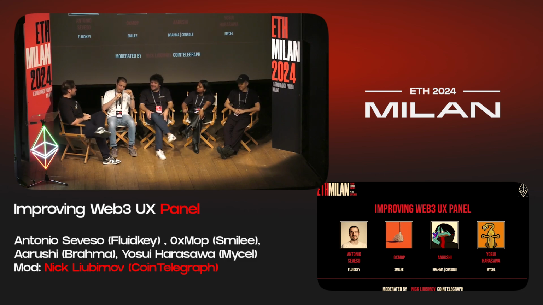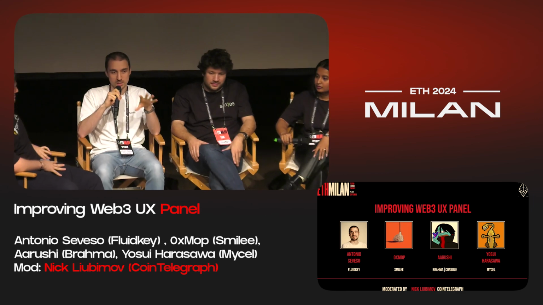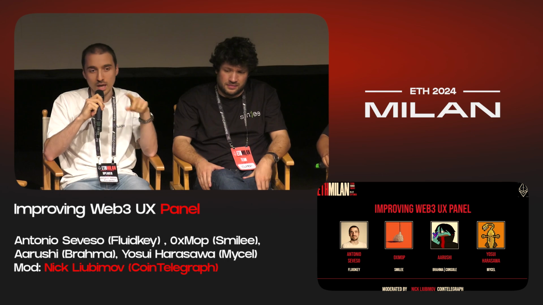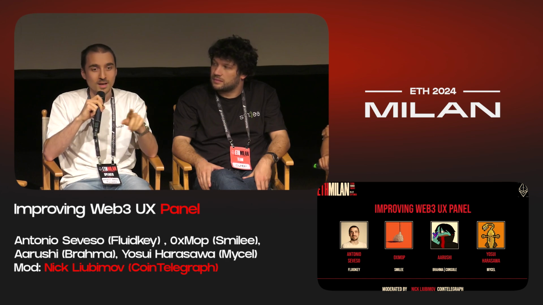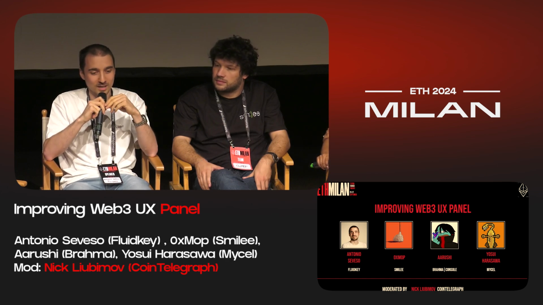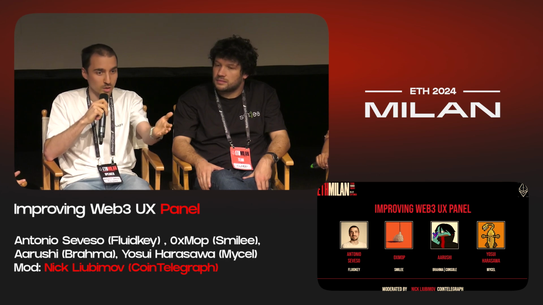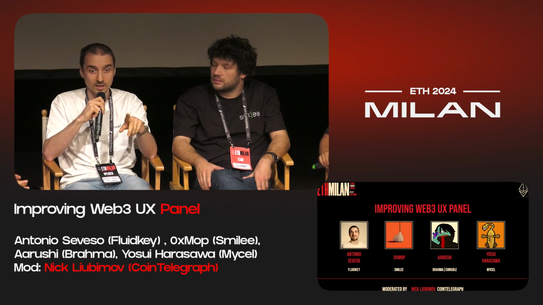Just a very quick explanation of what we do and how it works. As I mentioned before, Fluidkey is a wallet. When you subscribe, you get an ENS, a username. Every time it resolves to a new address. This means that you don't have one address, you have an infinite amount of addresses, and all these addresses are smart accounts. This is how we provide privacy, because if I share my username with you and then with another person, they both end up with a different address that cannot be connected together.